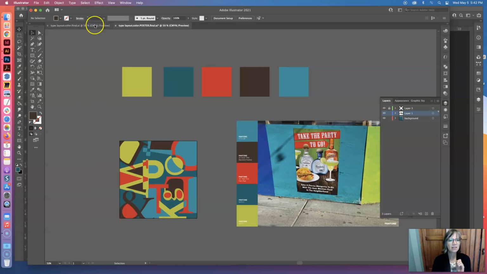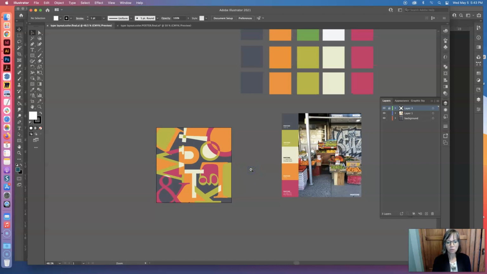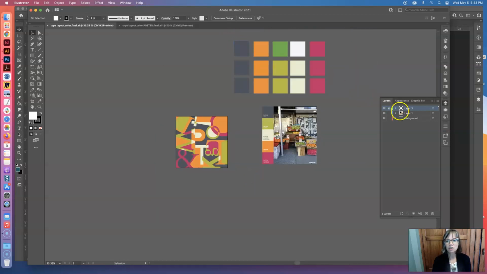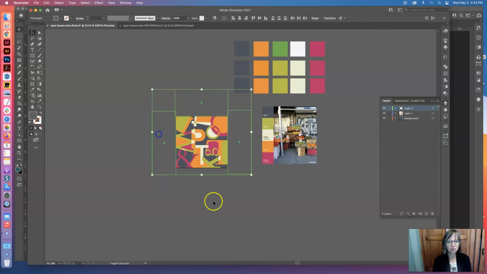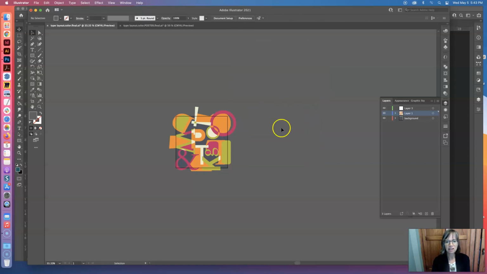So then I have this composition already too. So what I want to show you is I'm going to delete, move out here a little bit. And what I want to do, if you remember, I have a layer here where I put these different boxes here to crop for me. So I'm going to delete those. I'm going to delete all of these colors, and I am going to delete this photograph. Now I already have this file saved because you want to save your native file. So I have my native file with all that information saved as a